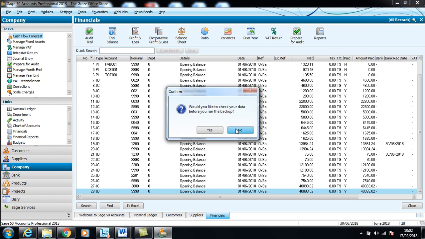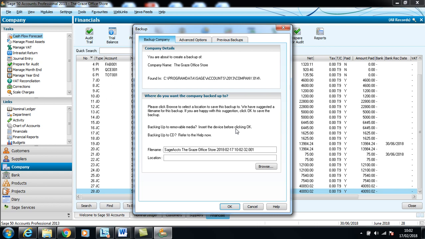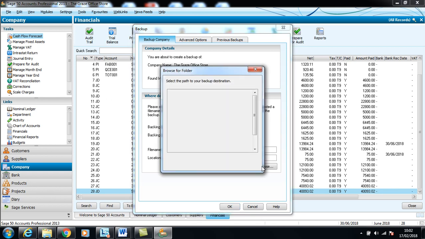I don't want to run a check beforehand, so I'll say no. Okay, and then it gives the file name. So what's the file name? I'll leave it at the Graze office store, but this time I'm just going to call it task 3. So therefore I know that this is up to task 3. Where do I want to save it? So browse,